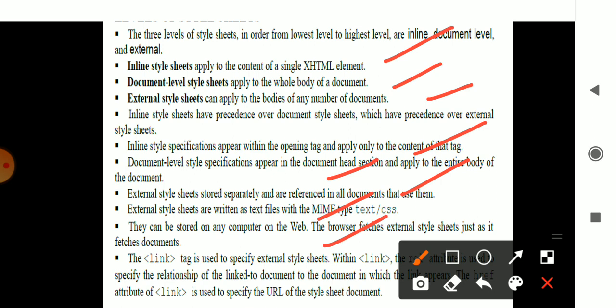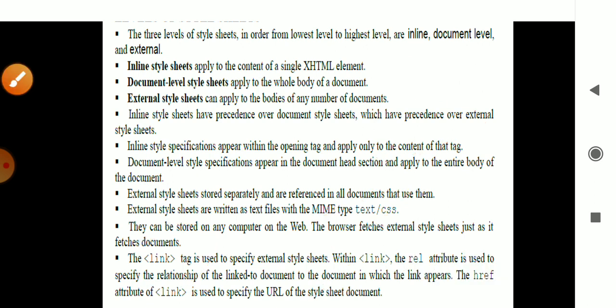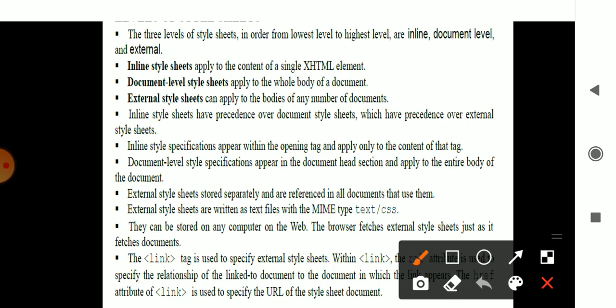So in external style sheets, remember you will be using a link tag which links to the other file, which may be present somewhere in a folder or any other part of the system, and you access it through the URL. You use the attribute called rel, which is your relationship attribute.